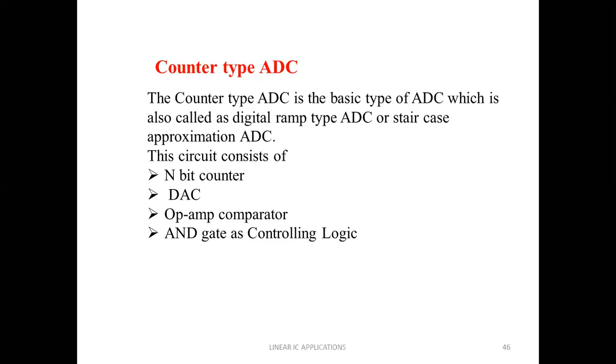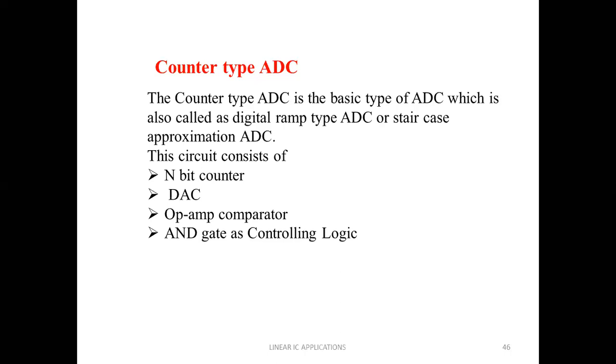flash type analog to digital converter. Compared to others, this type of analog to digital converter has high speed, as the conversion takes place simultaneously rather than sequentially. Almost the conversion time is 100 nanoseconds or less, which I already discussed. But the disadvantage of that